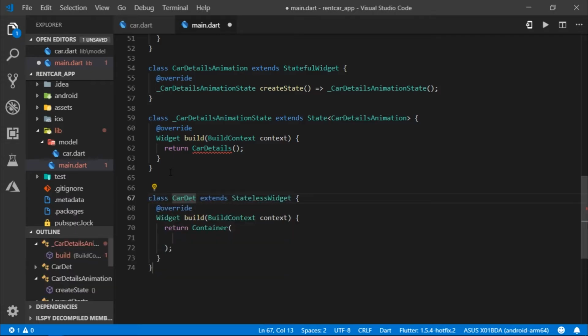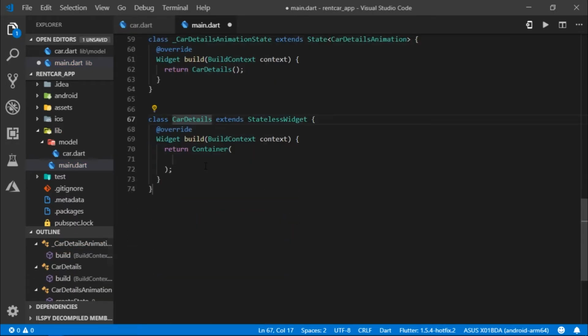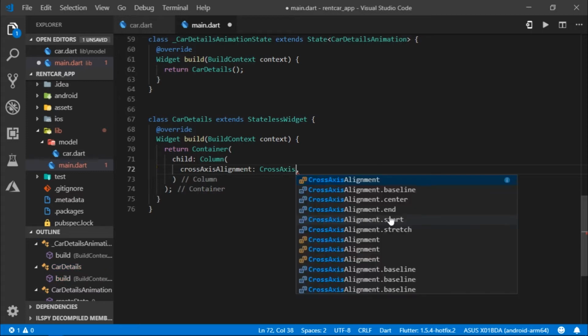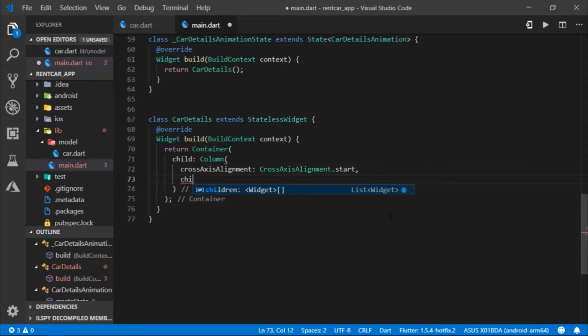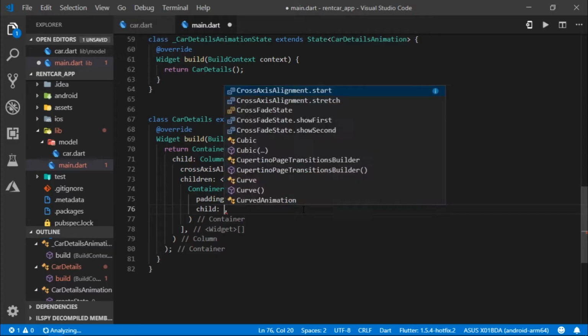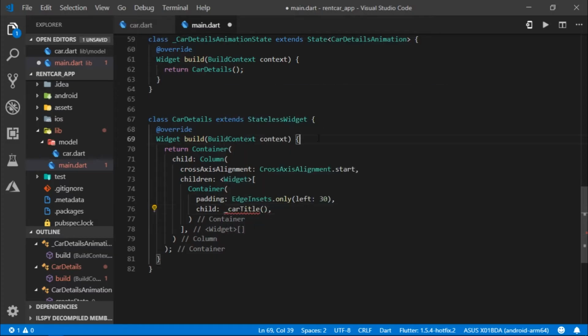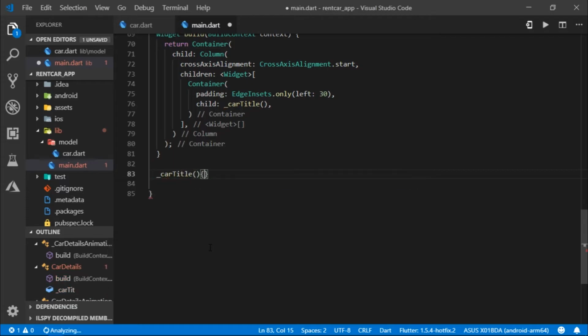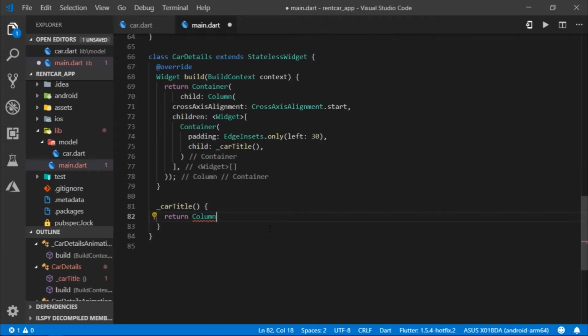Then over here I will create the CarDetails widget. So it's just a stateless widget and then inside of the build method I'm going to return a Container which takes Column as a child. Then I will write crossAxisAlignment.start, children, Container padding EdgeInsets.only left 30, and in the child I will write _carTitle. CarTitle is a member function. So I will create the member function over here and I will write return Column crossAxisAlignment.start